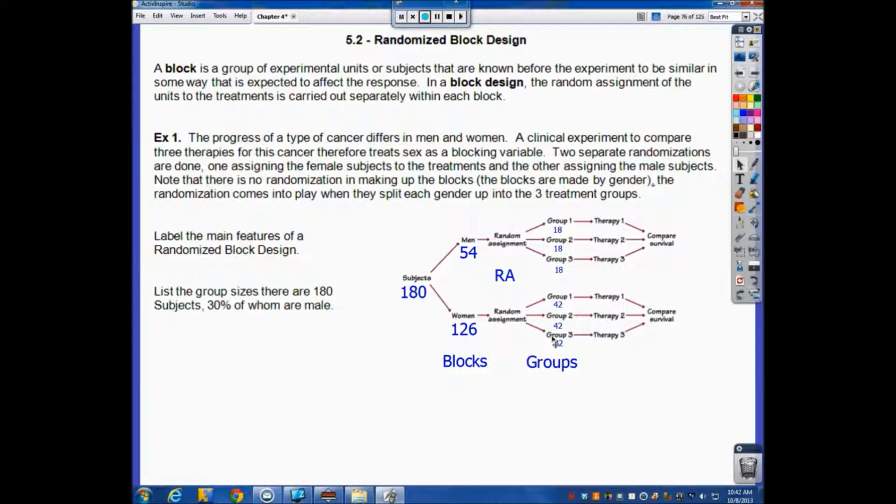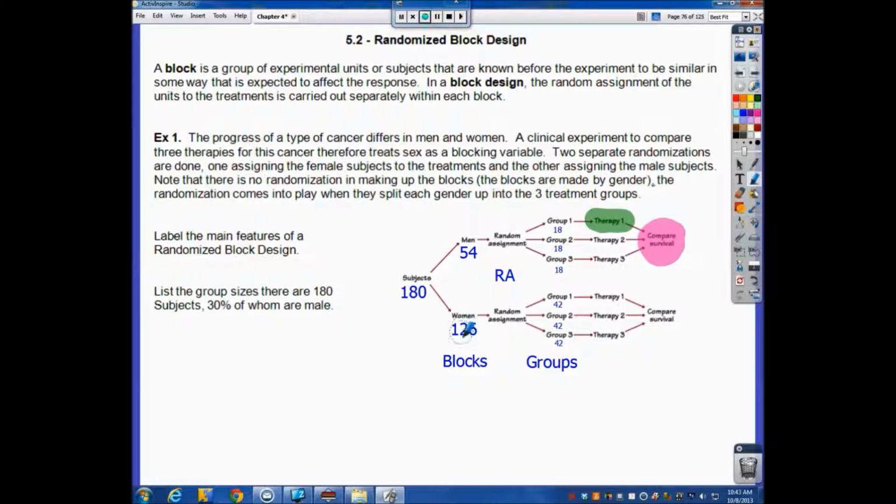Okay, so then my group 1 random assignment of men, they're going to get therapy 1, group 2 gets therapy 2, group 3 gets therapy 3. And in the end, I go and look at, well, let's look at survival rates after these therapies. How many men, what percentage of men survived after getting therapy 1? How many against therapy 2? How many at the end of therapy 3? And then I can decide for men which therapy did best. Okay, maybe therapy 1 was the winner for men, that we had more men survive with therapy 1 than 2